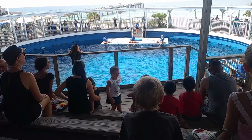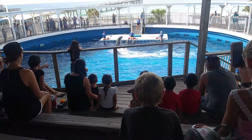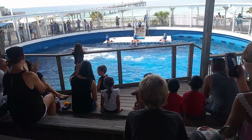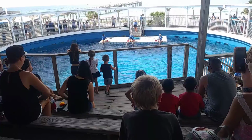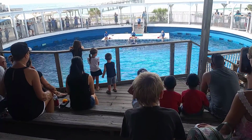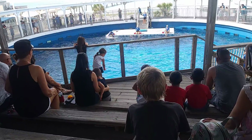So he did just show us that he does need a little bit of help finding out where he's supposed to go. But you can see that this time Shane did not throw that fish into the water, and he figured it out just by seeing exactly where Shane was standing. So he did exactly what we were looking for. Now we're actually going to work on going the opposite direction with Sebastian as well. So with this finished behavior, we want them to